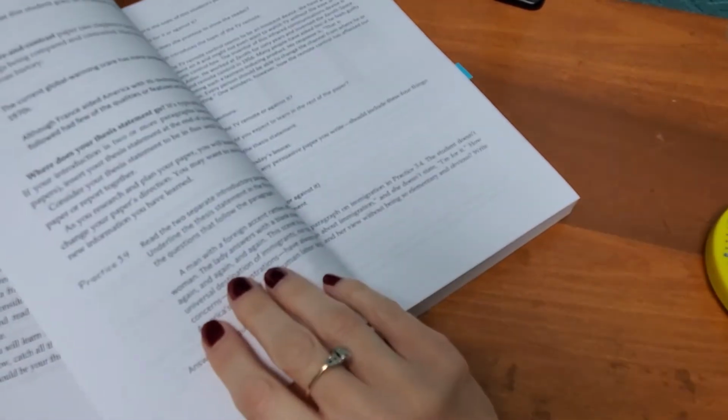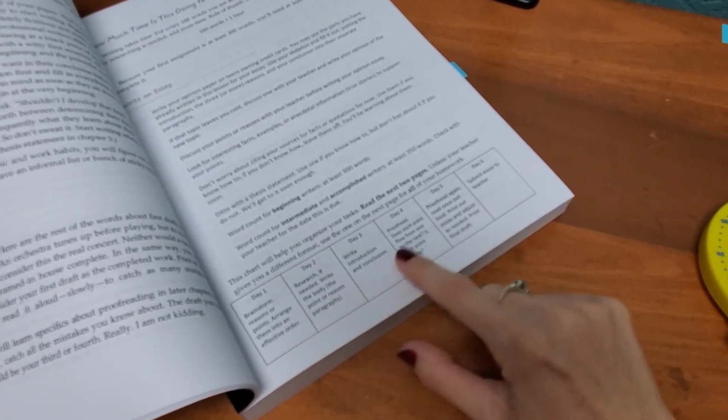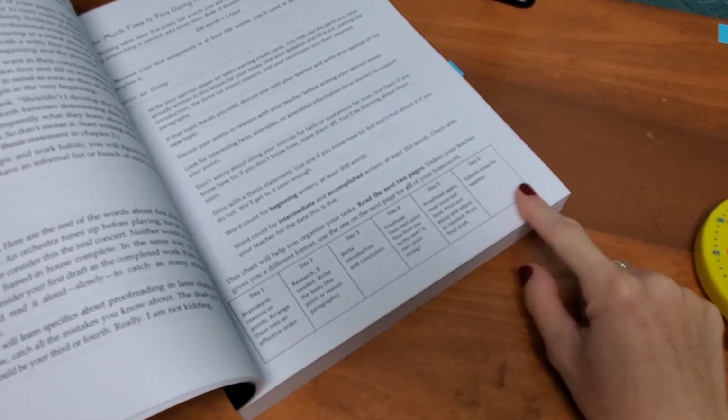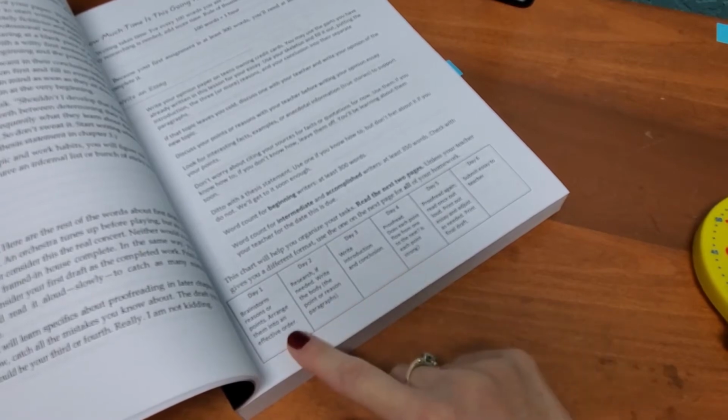I'm not sure how many assignments into it, she has these boxes, day 1, day 2, day 3, day 4, day 5, and day 6. And in the first few assignments, she has them filled out for the student. So she sort of,